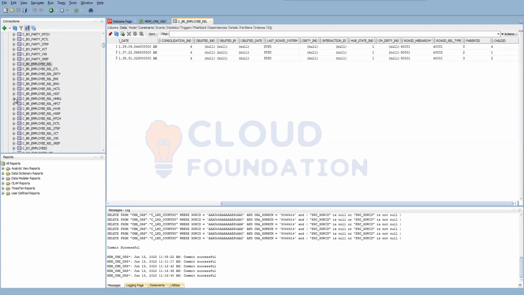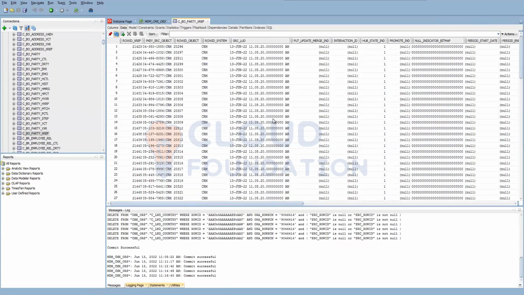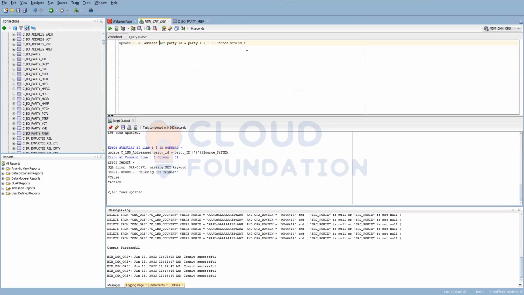The ones which got updated, we can see the data in the cross reference. We can refresh it. So all the row ID objects which will be same now will be together. We can go ahead and check that. Or we have to do a self join to see what all are having two different. So what we can do is select